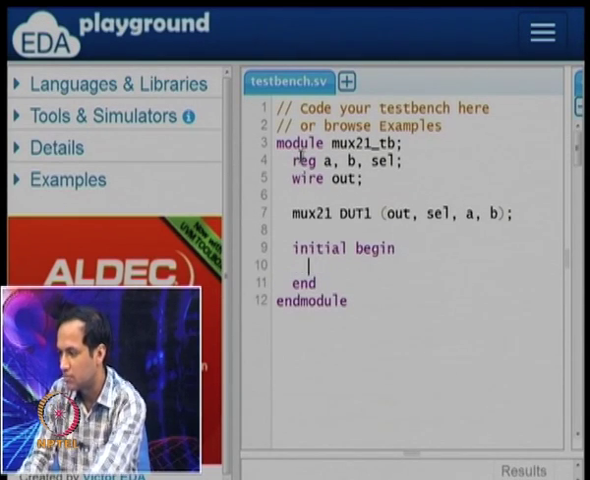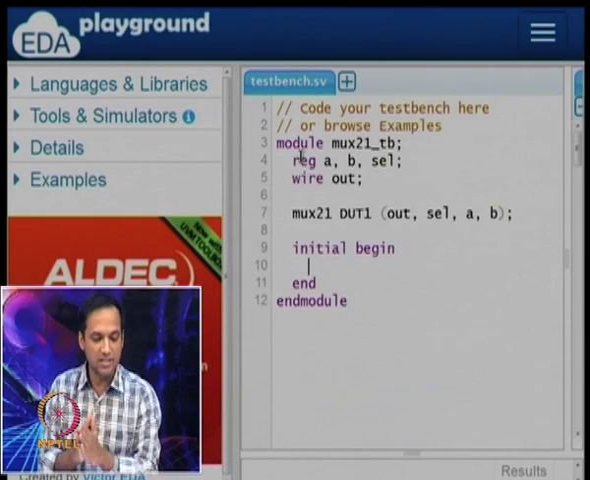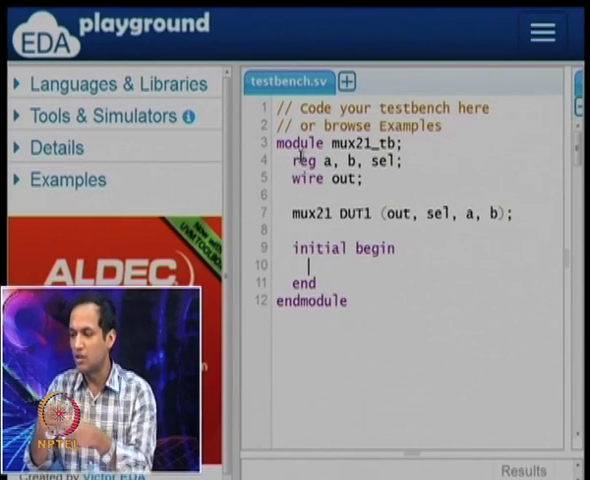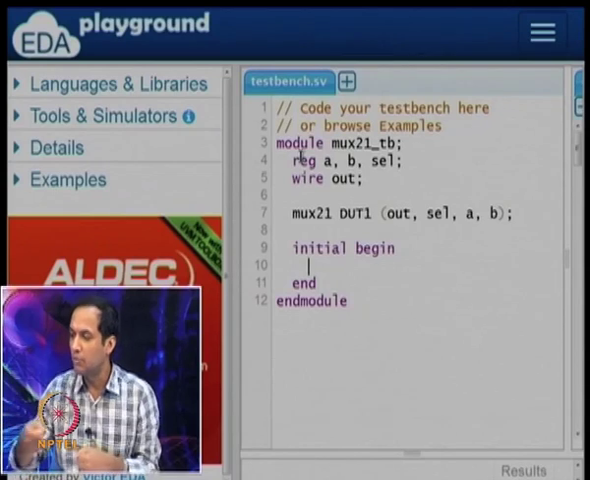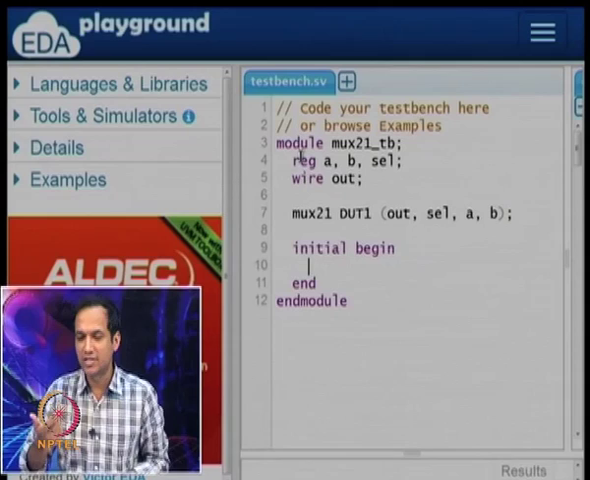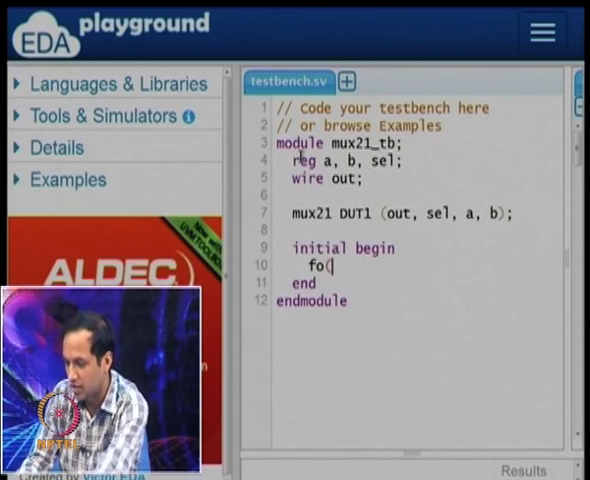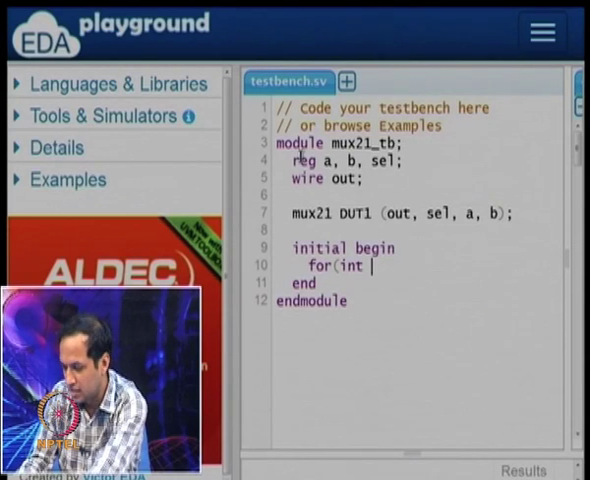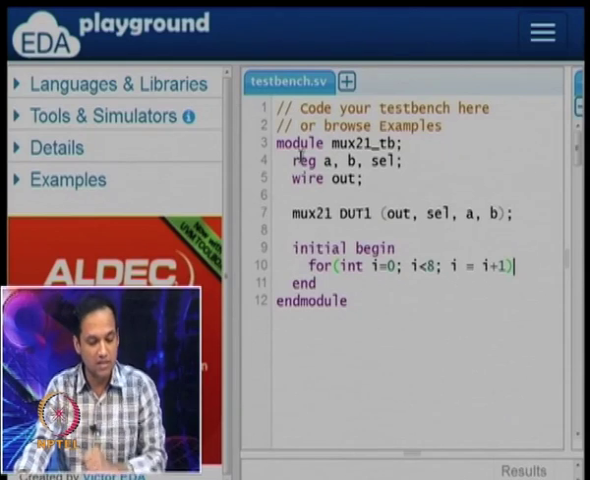So I have an initial statement. In this initial statement I am going to write a loop which will iterate over all the possible combinations of select, A and B. Just like what we did in the previous example, select, A and B will have 8 different combinations. So I am going to write for int i equals 0, i less than 8, i equals i plus 1. So this is the for loop,